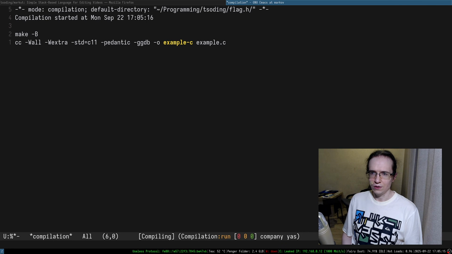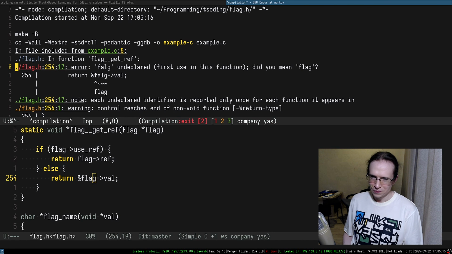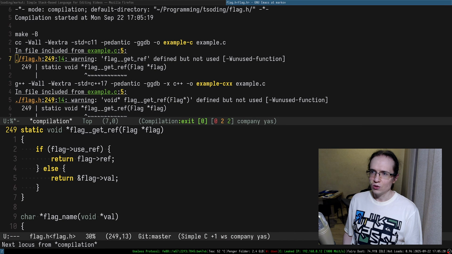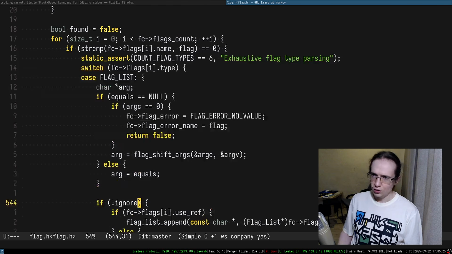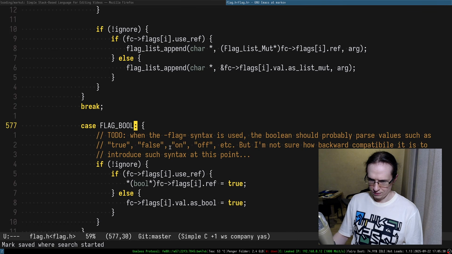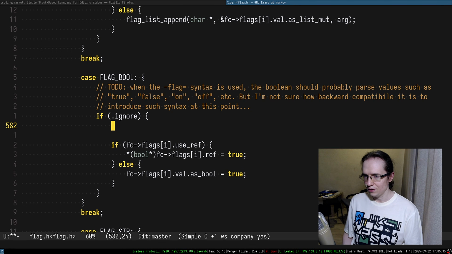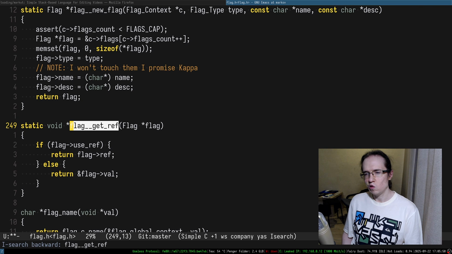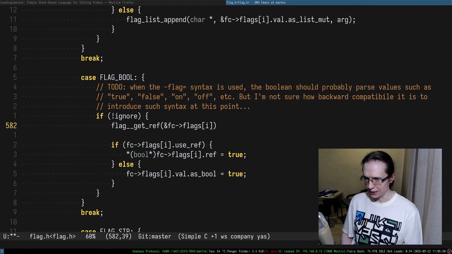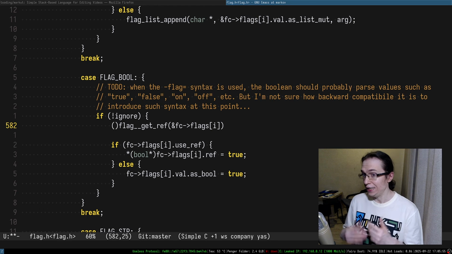Okay, so if I try to compile the entire thing, there's something weird like that. Defined but not used. Understandable, totally understandable. So not ignored. Let's actually start with maybe flag boolean, right? The thing I want to do in here is basically, instead of doing this weird contraption, what we can do is flag get ref. Then I do fc flags, I take a, do I want to take a pointer to it? Yeah, so I probably want to take a pointer to this entire thing, and it returns me a pointer which I know, since it's,